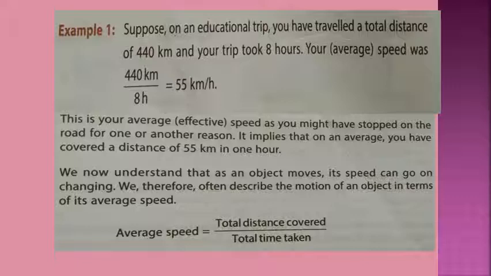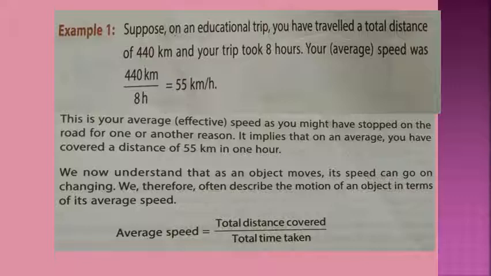So here we have to use the formula for the speed. And what is the formula for speed? Speed is equal to distance upon time. So write down the distance. The distance is here 440 km and the time taken to complete the trip is 8 hours. So we will write 8 hours in the denominator. Calculate it. You know very well how to divide, and then the answer is 55 km per hour.